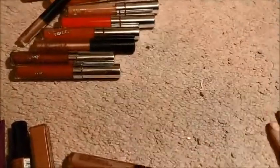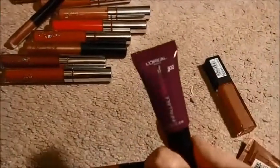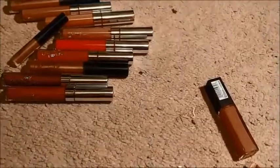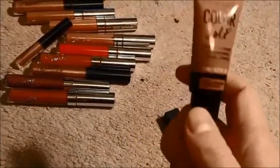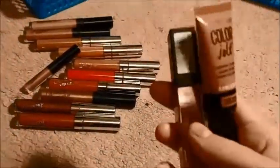so I'm going to just pass that one on. For these, I'm going to keep this Infallible paint from L'Oreal because I haven't had a chance to play with it yet, so I'm going to keep that. And I'm going to pass on this Maybelline Vivid Matte Liquid. I just don't like the consistency of the formula. And this Maybelline Color Jolt. I hate the applicator. It's one of those foamy, fun, whatever applicators that I can't stand,